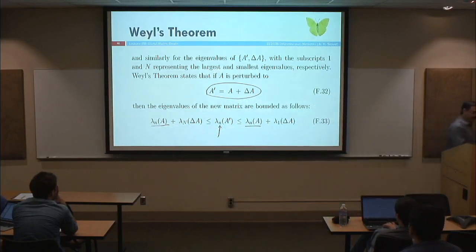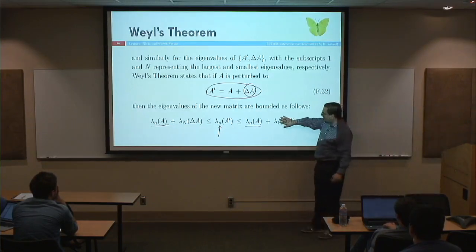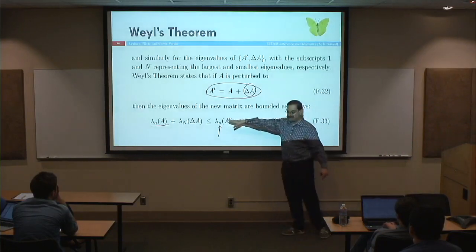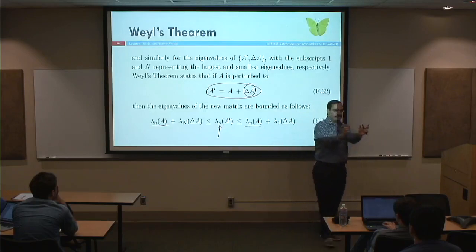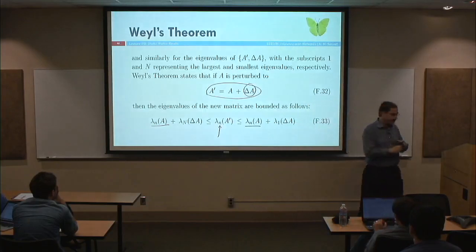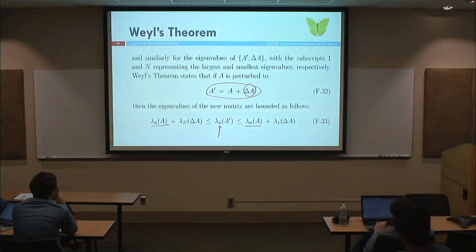Delta A, this delta A, okay, has the largest eigenvalue, smallest eigenvalue, okay? The upper bound, you add the largest value. The smaller bound, you add the smallest value. So this eigenvalue will always continue to lie within that interval. That's what this is saying, okay? If this is your original lambda n, okay? So you add lambda 1 to it, so it comes here. And,